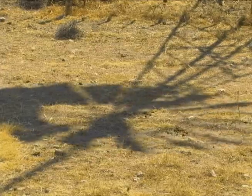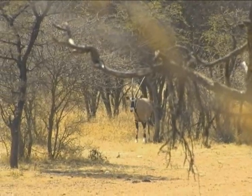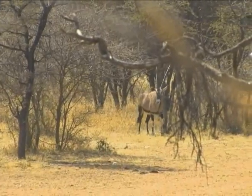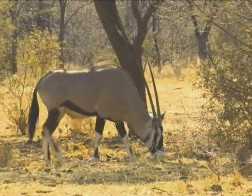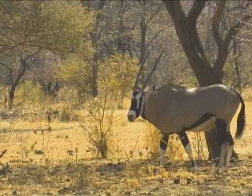Gemsbuck are superbly adapted to the arid regions and can survive in some of the hottest places on Earth without drinking water. An amazing fact is that during the sizzling heat of the day, the rapid inflow and outflow of air created by the gemsbuck's panting passes over a delicate network of blood vessels, cooling the flow of blood to the brain. At this time, however, the body temperature is allowed to rise, obviating the need to perspire, and thus